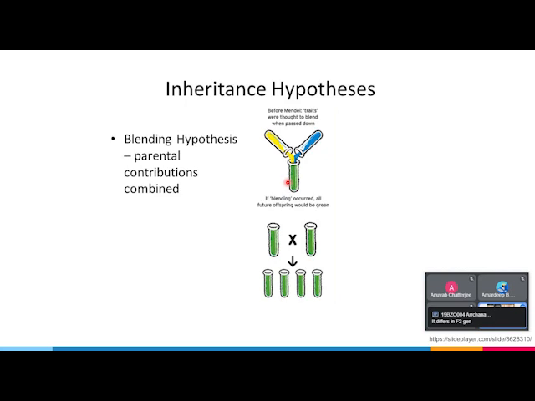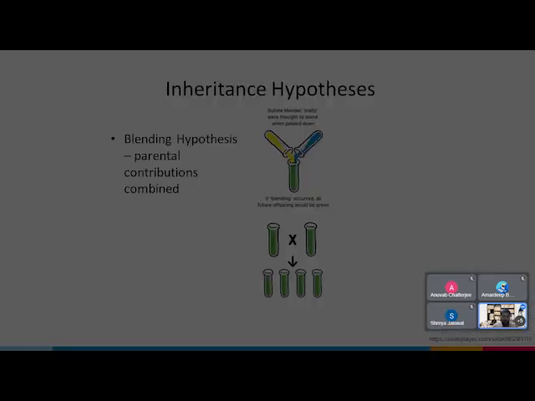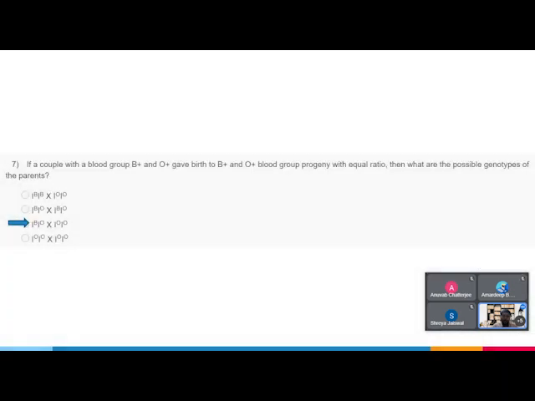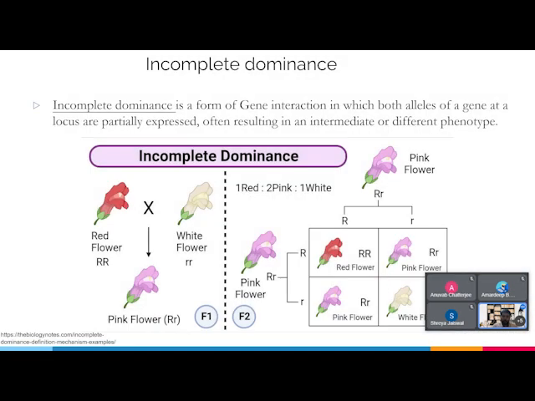Yeah, so Archana is spot on. It differs in the F2 generation. I would like to draw your attention to the fact that in the F2 generation, the blending hypothesis still suggests that the phenotype should be the same as the F1 generation, as there is inherent mixing of the parental traits that has already occurred. So the F2 generation should all be the same. But if we go back, in case of Snapdragon incomplete dominance,